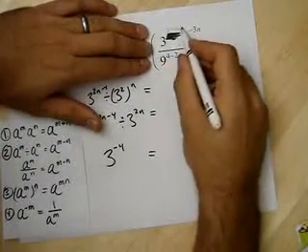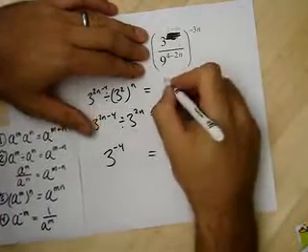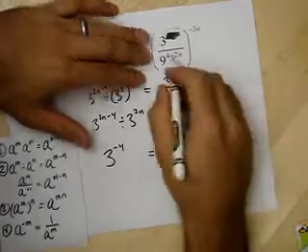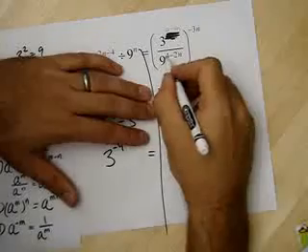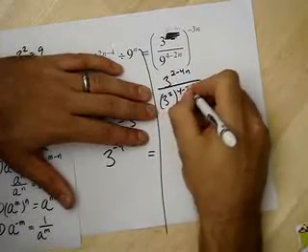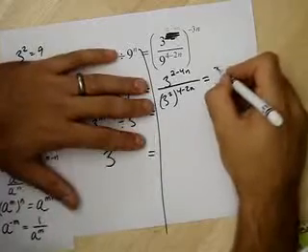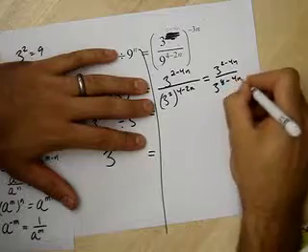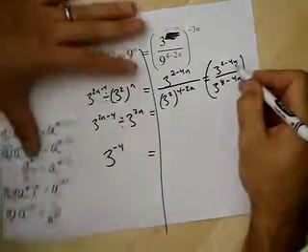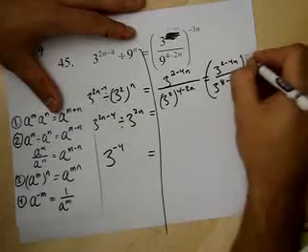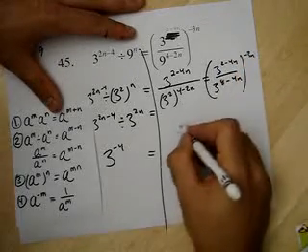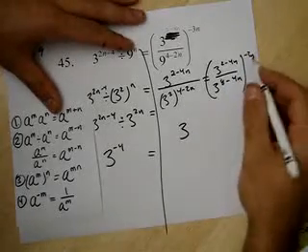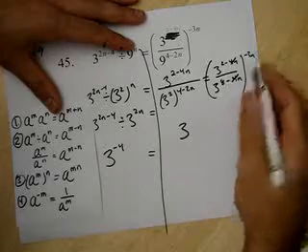Alright, I get 3 to the 2 minus 4n. I'm going to write it right here, 3 to the 2 minus 4n, and down here I'm going to have 9, I'm going to write as 3 squared to the 4 minus 2n, which is going to equal 3 to the 2 minus 4n over 3 to the 8 minus 4n. Now I have a division problem here, so I subtract, right? 3 to the negative 4n minus 4n is negative 4n plus 4n, which cancels out. 2 minus 8 is negative 6